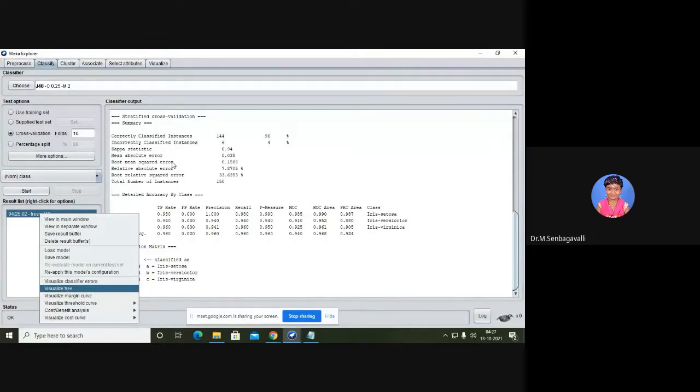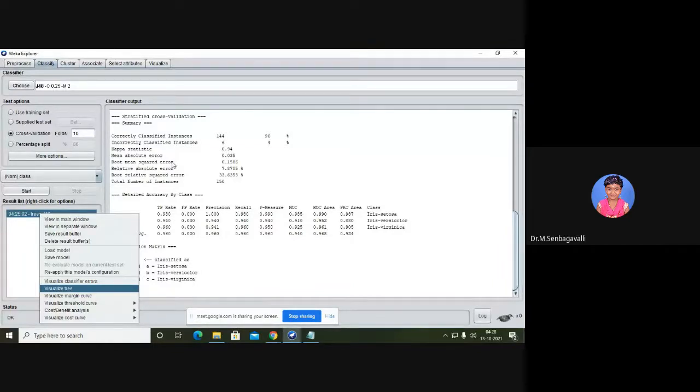Before starting to provide the solution, please try to collect some data from various places and keep it ready. That data you upload into Weka and try to apply algorithms. Then you get some results. With the help of that, you can write a paper. You do a comparative analysis; as first year students, you can write a paper by comparing the algorithms which come under the same class.